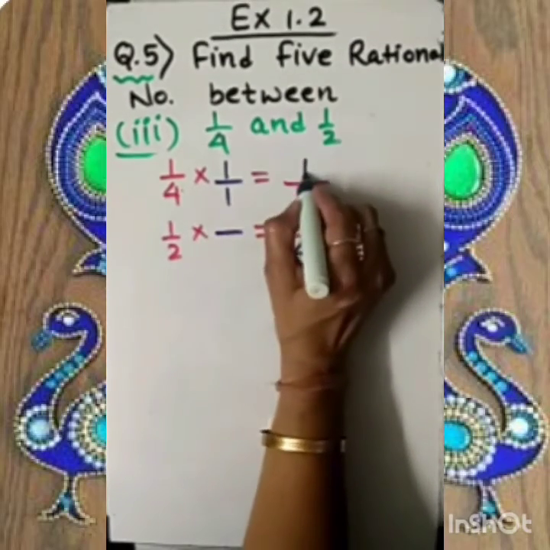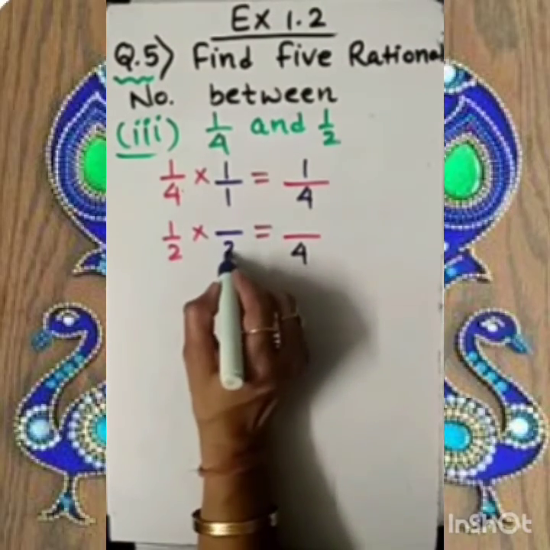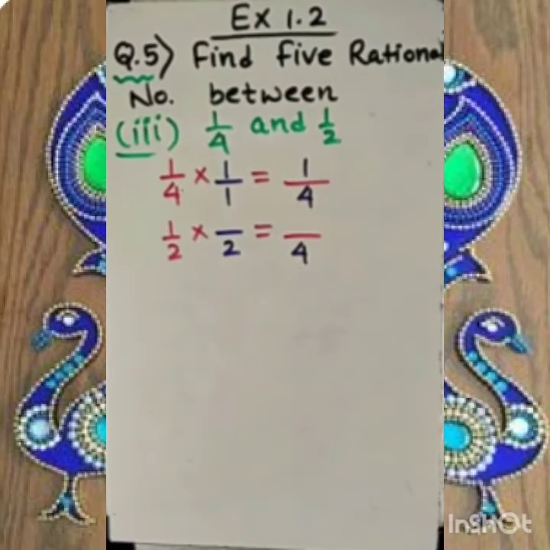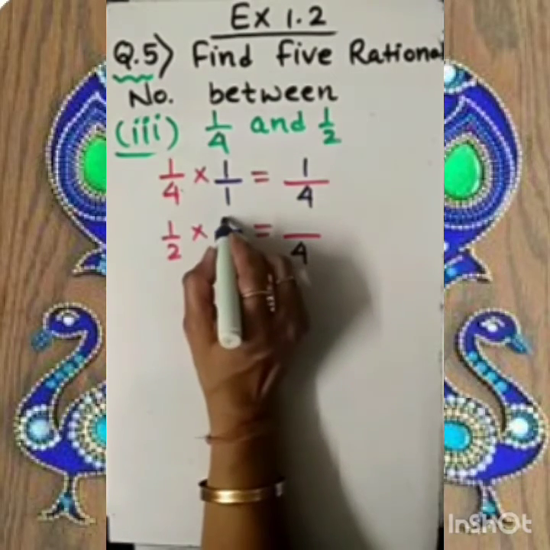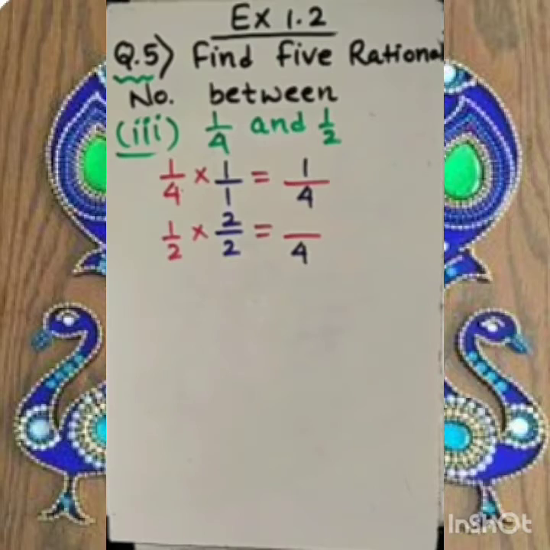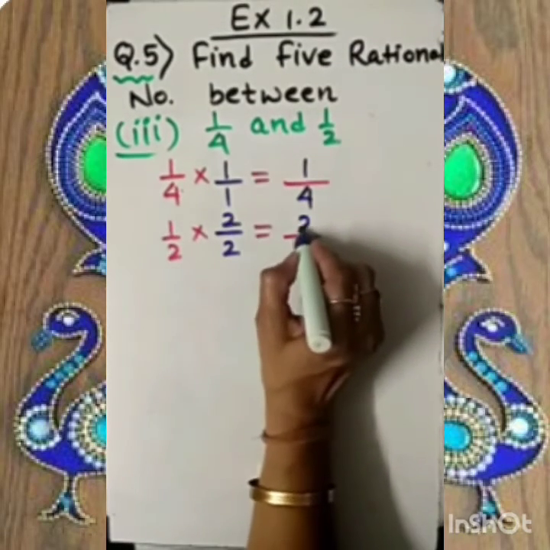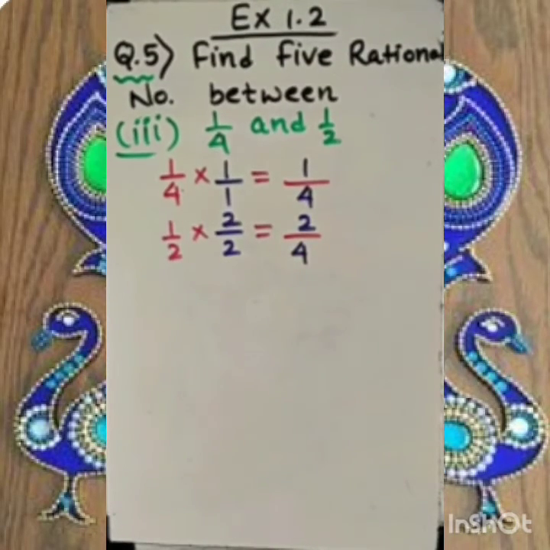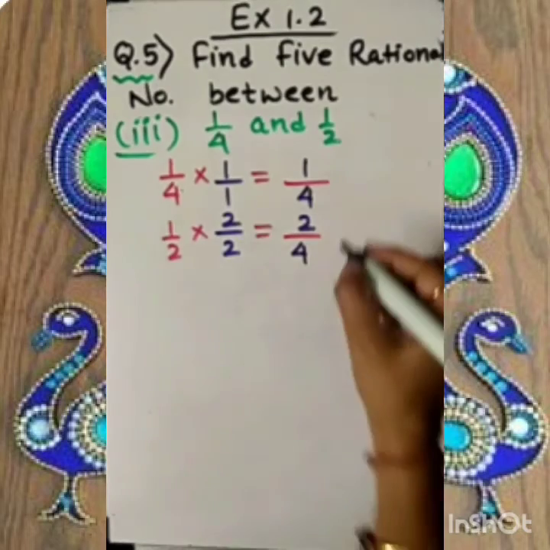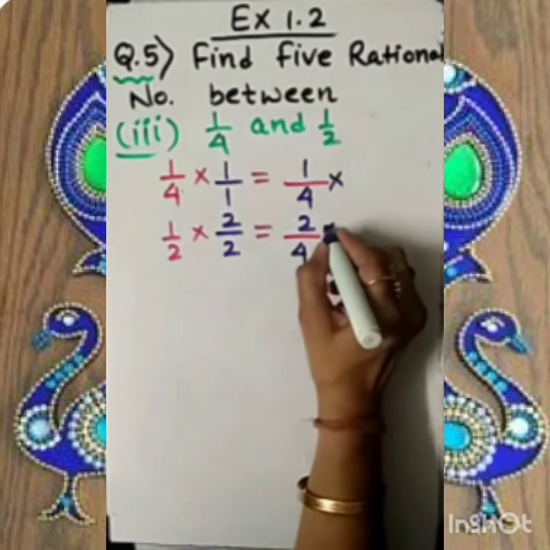1 1 ja 1. Here I need to multiply the denominator by 2. So 2 2 ja 4. With the same number I am multiplying the numerator. So here will be 1 2 ja 2. So my dear student, finally we can see 1 by 4, 2 by 4, both these numbers are in like fraction. But how can we write any rational number between 1 and 2? There isn't a possibility. So in such a case, as I taught you, chaddar badi karna.